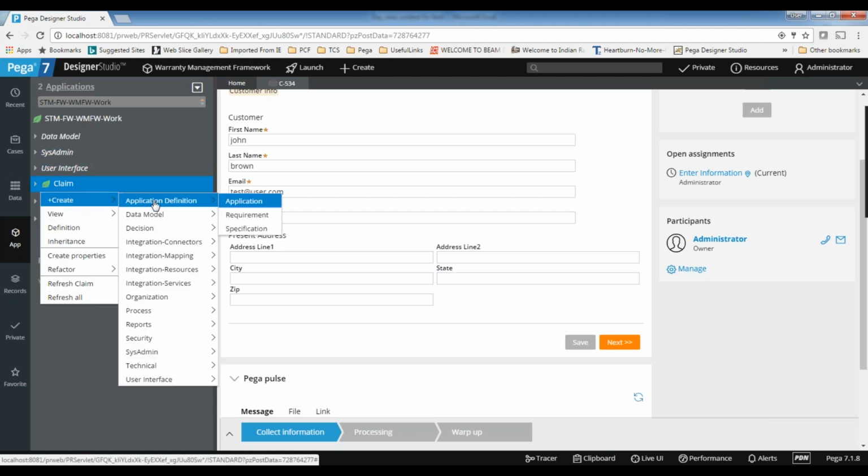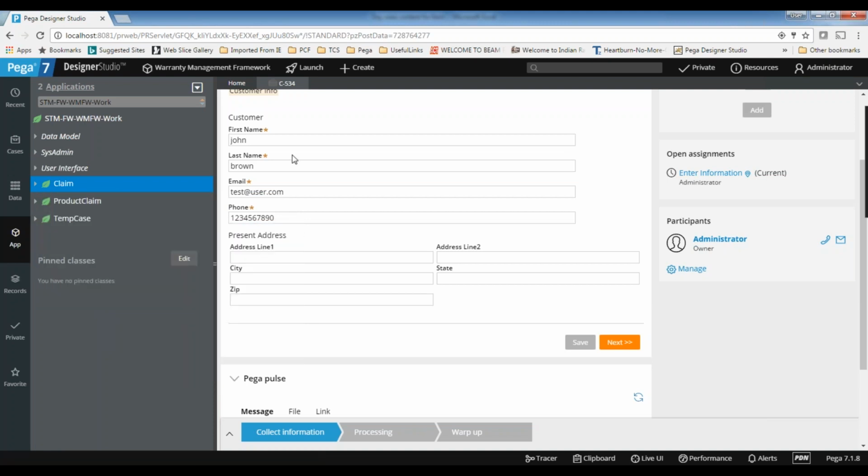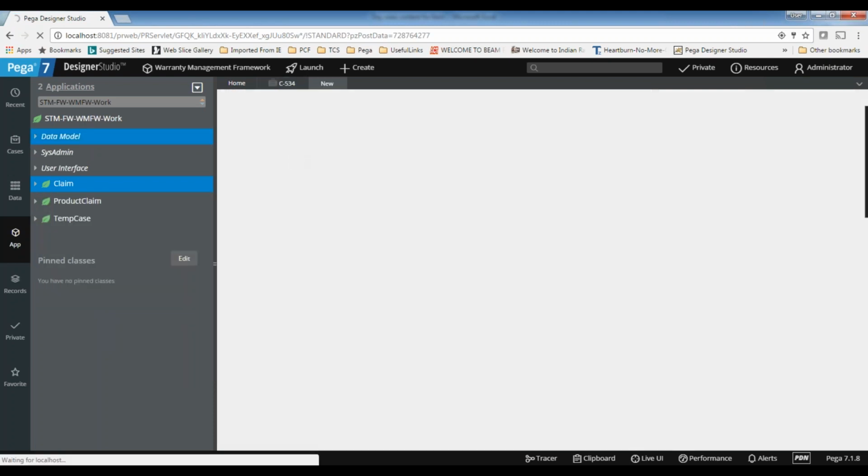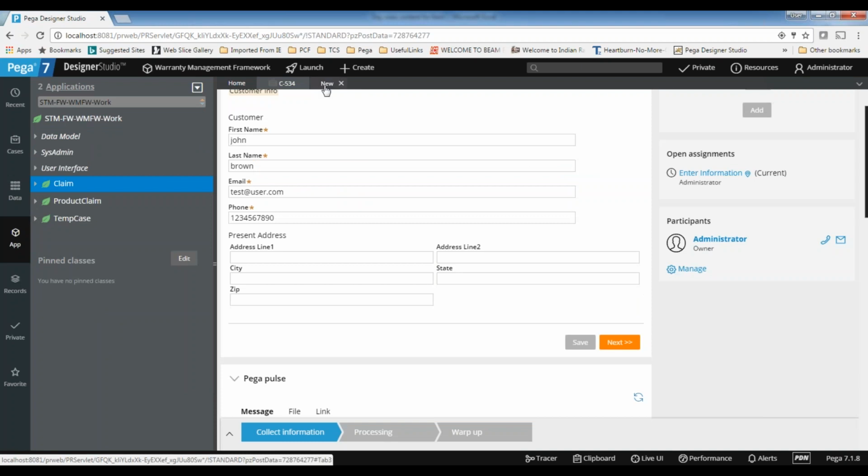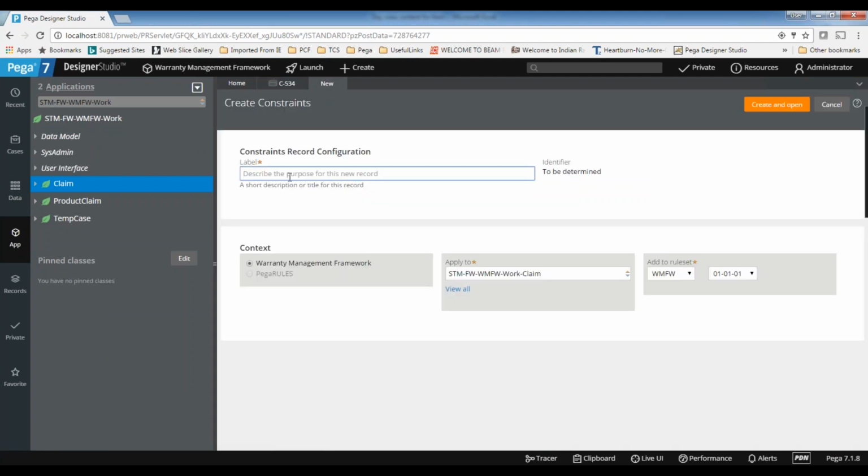So for that, I'm creating declare constraints. It's a constraint rule. This will be under the decision category. Keeping the name as state constraint.